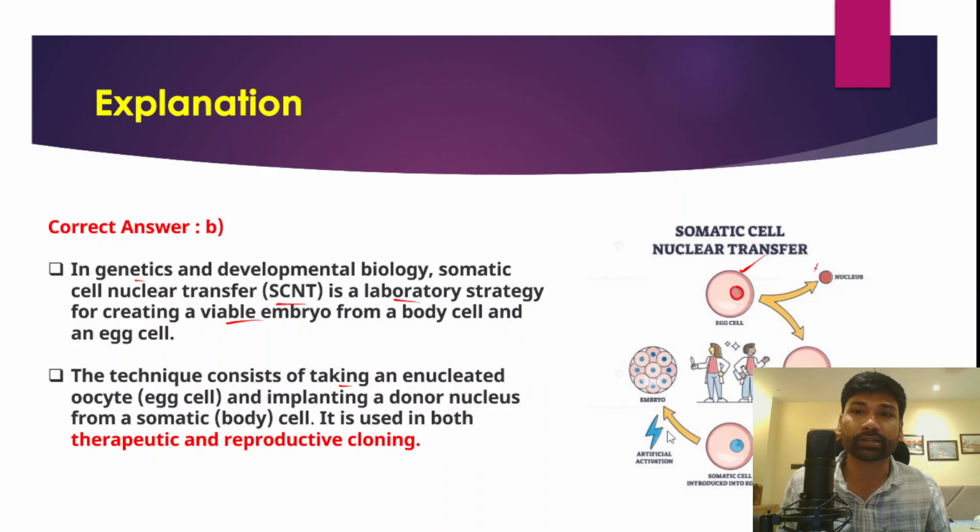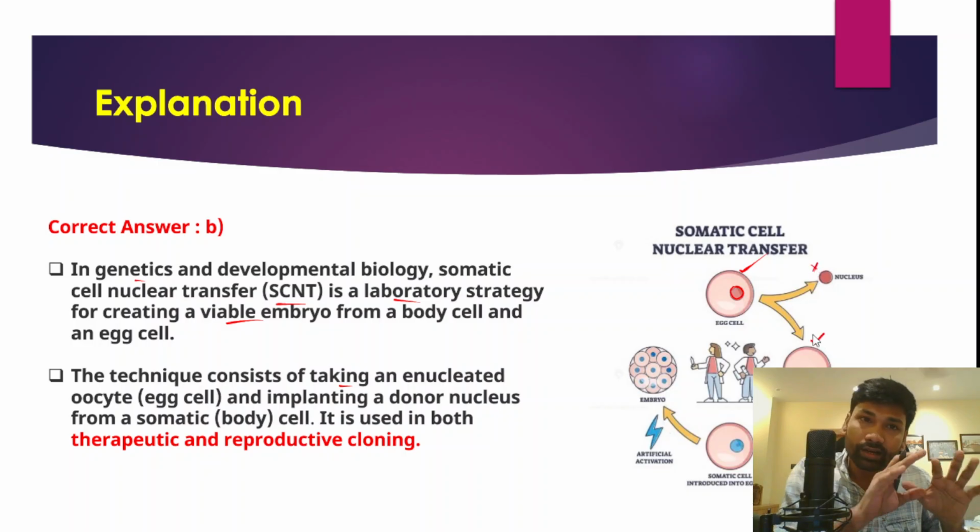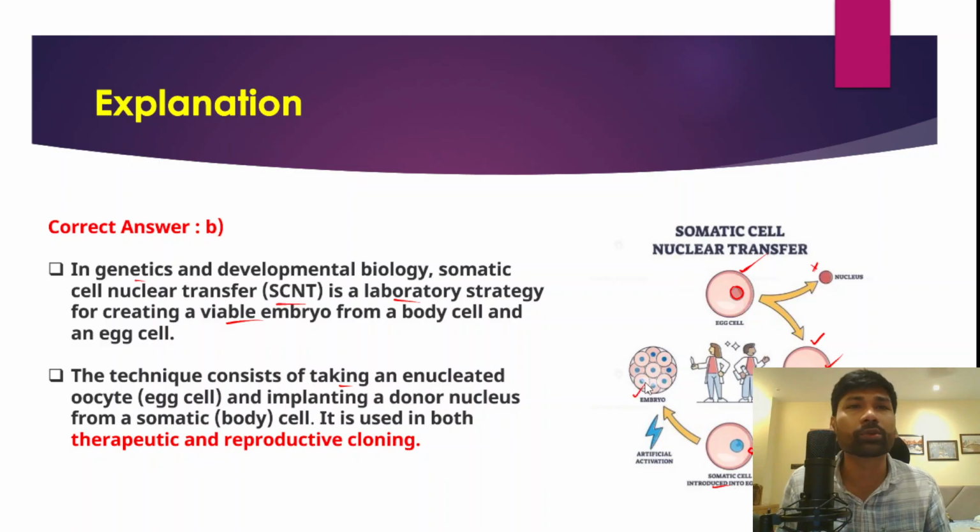and from this particular egg cell, the nucleus would be separated. Now, the egg cell from which the nucleus has been removed, the somatic cell would be introduced into it, right? So the somatic cell is introduced into the egg cell, and a new embryo is created, right? So through artificial activation, a new embryo is created for the purpose of cloning animals, right? So